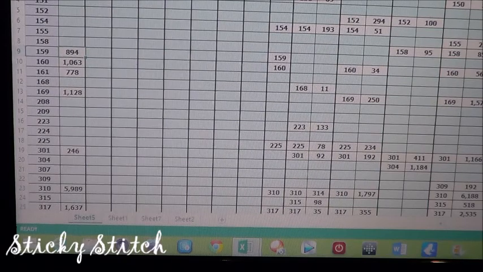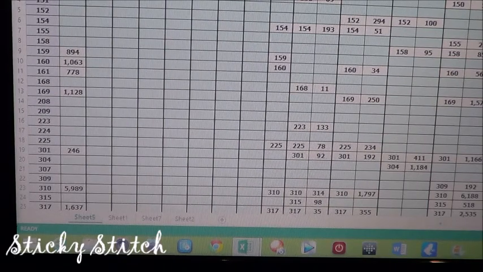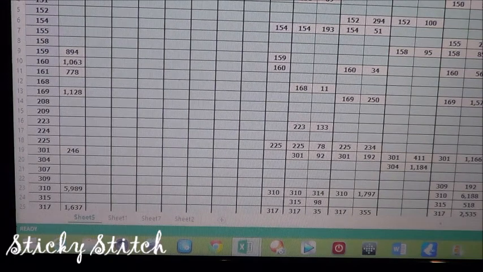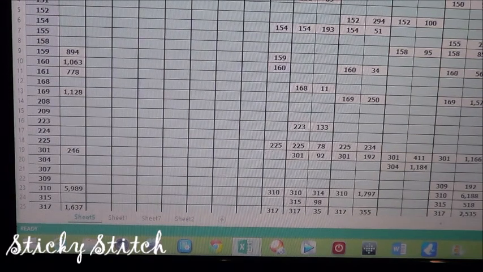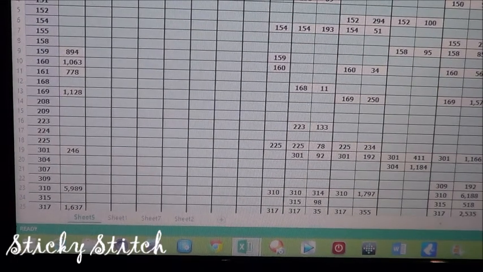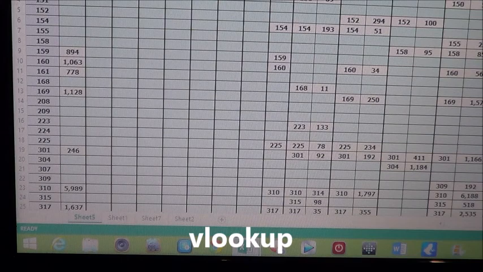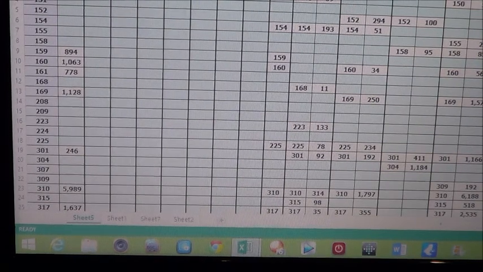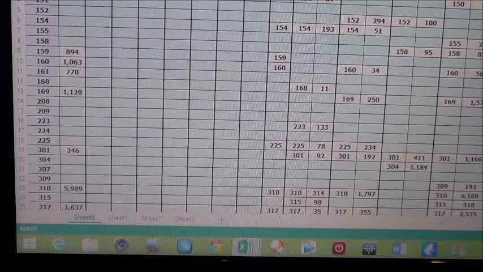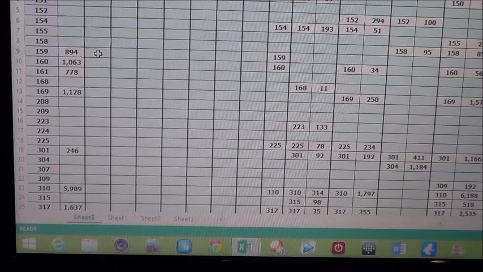And now what I'm going to do is show you a quick way to work out whether you have that color or not, because you don't want to go through 90, 80, 75 DMC colors and ask, do I have it, do I have it, do I have it. So all I do, this is a new one, this is called a VLOOKUP. I do it a certain way. I don't know how to do it the other way. It doesn't make sense to me. I can't teach you a VLOOKUP, but I can teach you how to do this to look up whether you've got the DMC. So I'm going to start here,